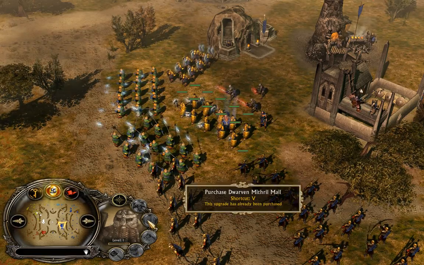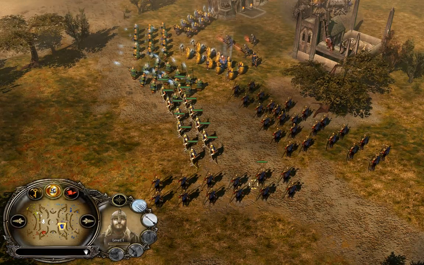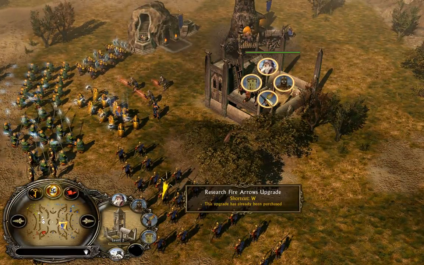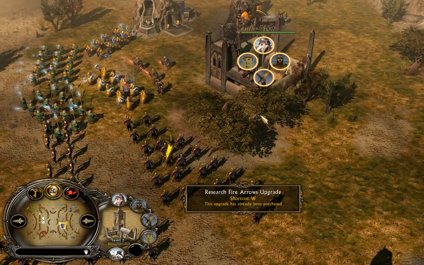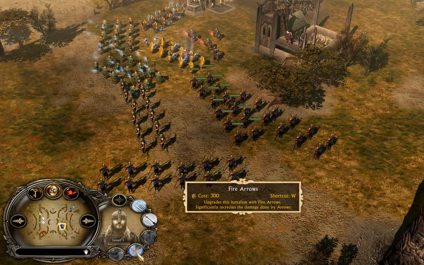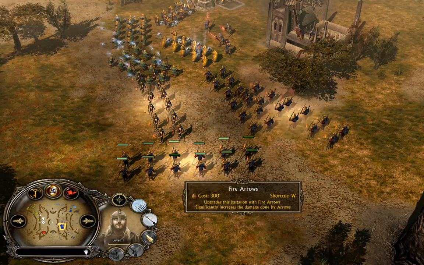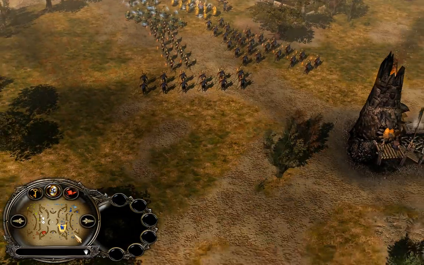Looks like he has Forge Blaze and the Mithril Mail. Does he have fire arrows? He does not have fire arrows, although he has researched it, so yeah, okay. So now he is adding it to... Looks like it might have just finished there for his archery range, and so these units are getting upgraded with